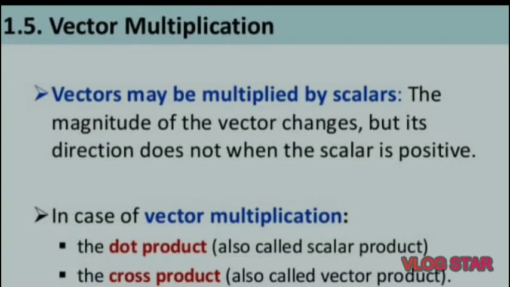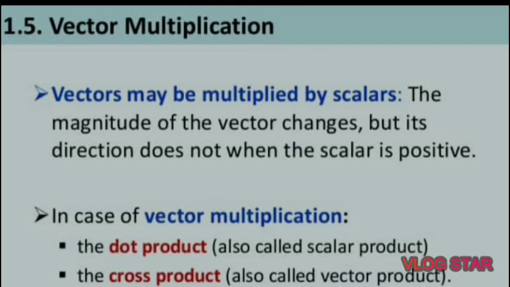So friends, first of all we need physical quantities, and physical quantities are divided into scalar and vector parts. A scalar is a physical quantity having only magnitude. Examples of scalar quantities are temperature, pressure, volume, density, speed, electric charge, etc. A vector is again a physical quantity, having both magnitude as well as direction. Examples of vectors are force, velocity, displacement, electric field intensity, magnetic field intensity, acceleration, etc. So these are some examples of scalars as well as vectors.